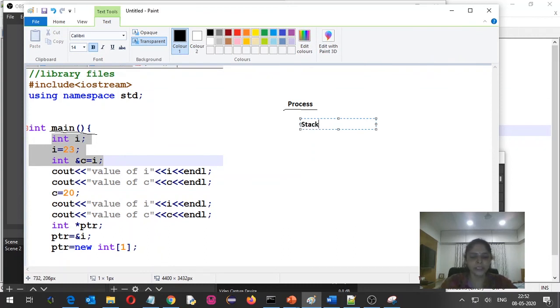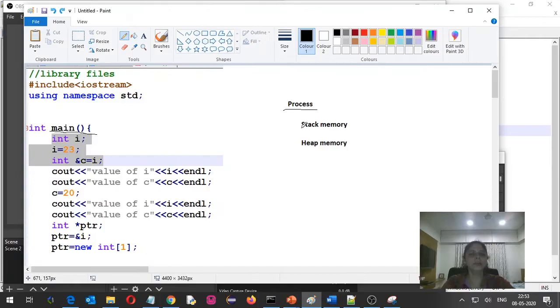One is called stack memory and another one is called heap memory. When you declare a local variable, normally the memory will get allocated in stack memory. But if you are using the new operator, then memory gets allocated dynamically, and every dynamic memory will get allocated in the heap area.